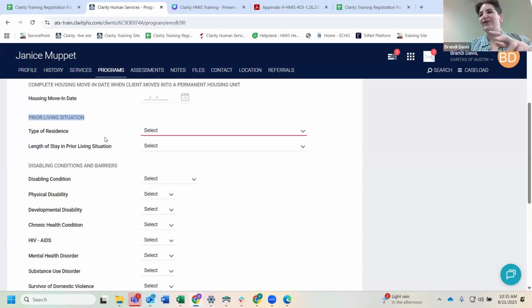I know y'all are probably really familiar with the chronic homeless definition, but in case we have new folks, we'll just go through that really quickly. A client is considered chronically homeless by HUD if they've been experiencing literal homelessness, so staying outside, in shelter, or in a car, for the past year or longer with no breaks and a disability, or if a client has 4 separate episodes of literal homelessness over the past 3 years, and across those 4 episodes it adds up to a year or longer of homelessness and a disability. I'm in a PSH program now, so it should reflect that the client is experiencing chronic homelessness. For those of you that are rapid rehousing providers, of course, that's not a requirement.